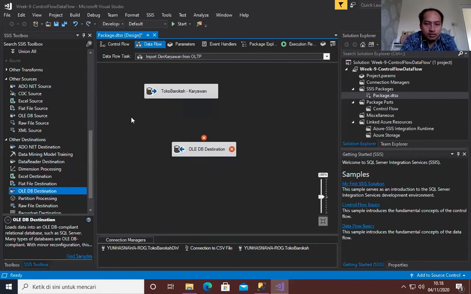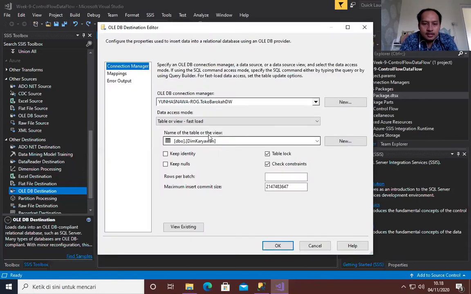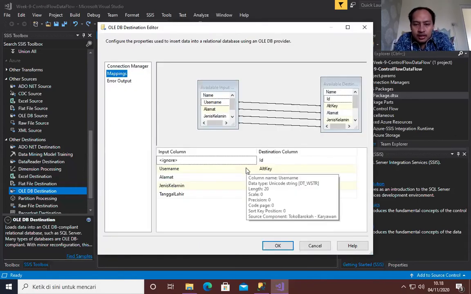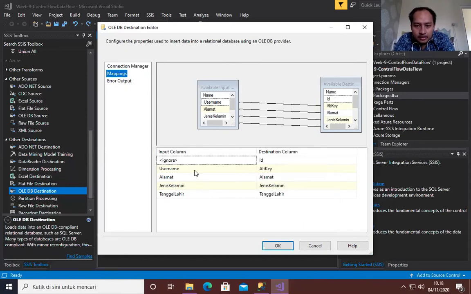To make you understand this more clearly, we can see here: this is the column from our data source, and this is the column in our destination.